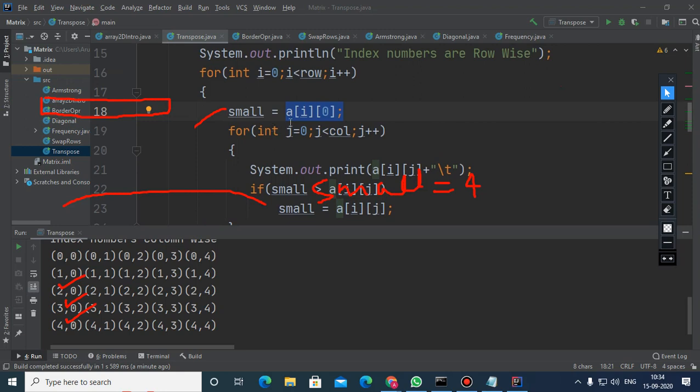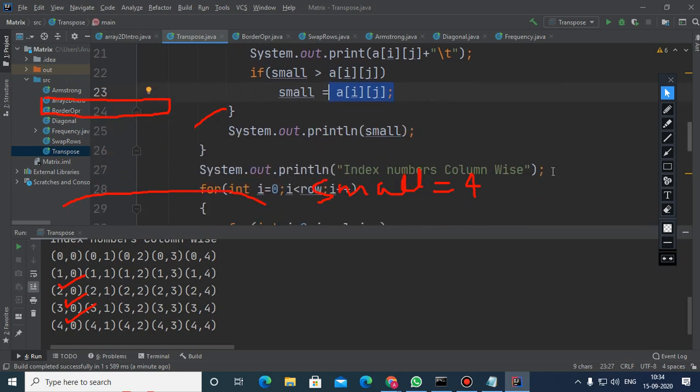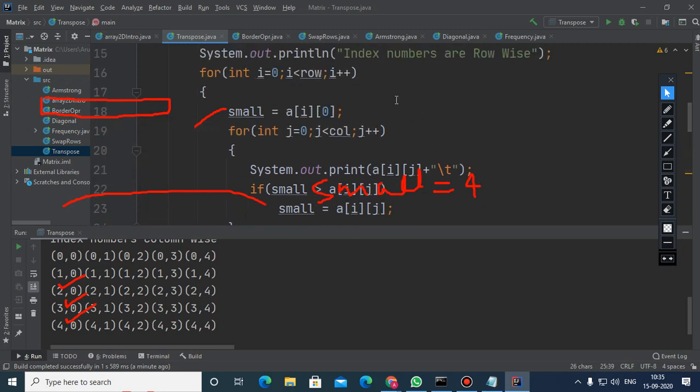I have considered the very first element, and at the same time I am printing the elements of the row also. But if the element which I have considered is more than any other element of the array, then immediately that element of the matrix will replace it. When the whole row got printed, I printed that smallest element, and after that I will get incremented.